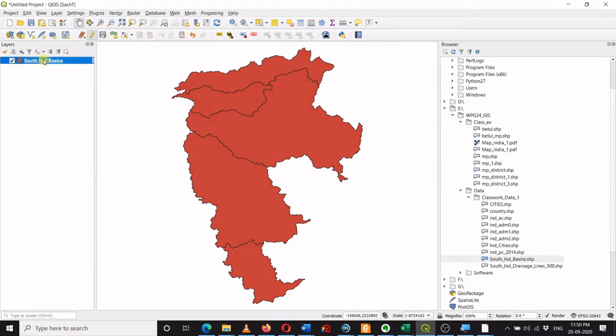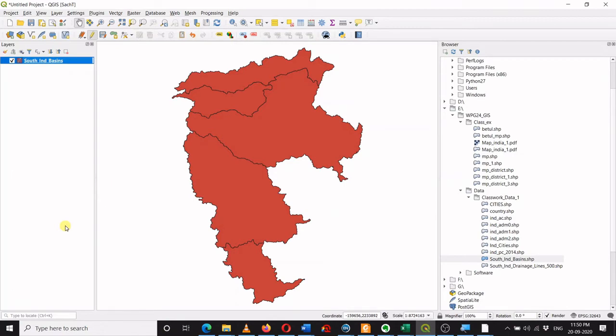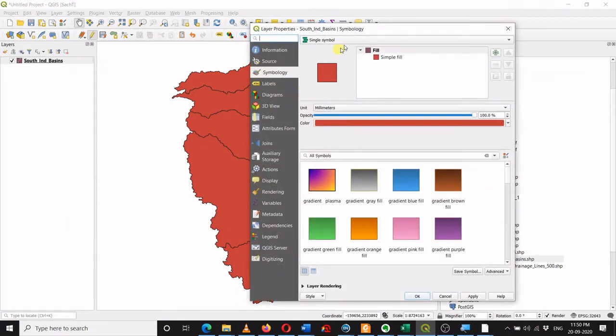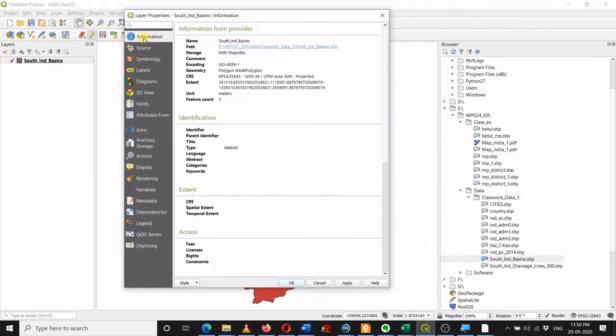I will right click and open the properties. The metadata is over here in information. Now I can see the CRS. The CRS is EPSG 32643, UTM zone 43N, and so it is a projected CRS.